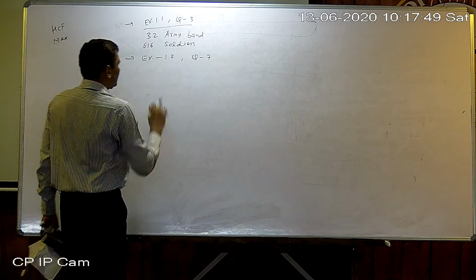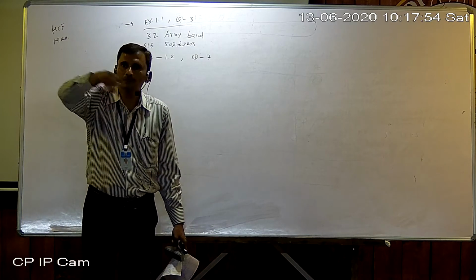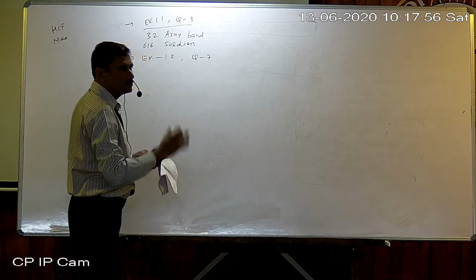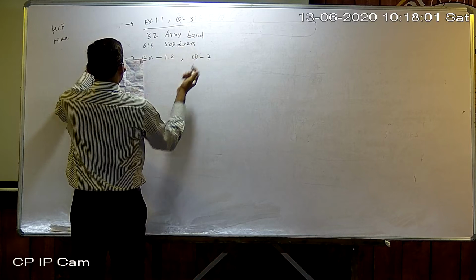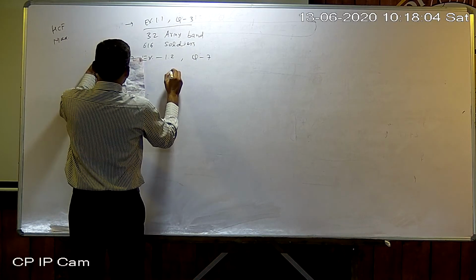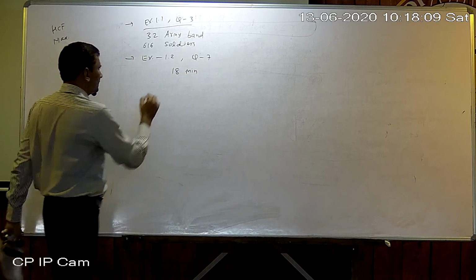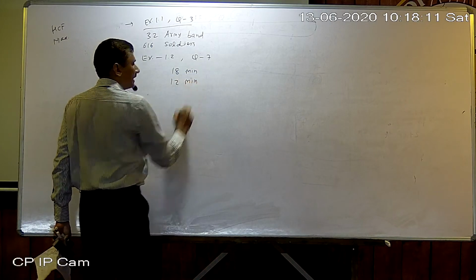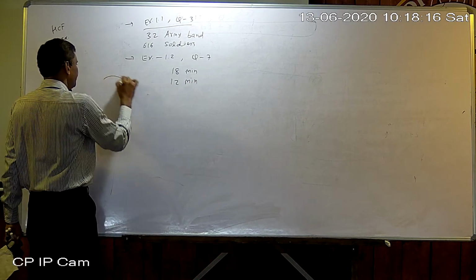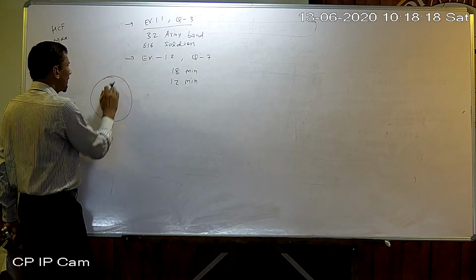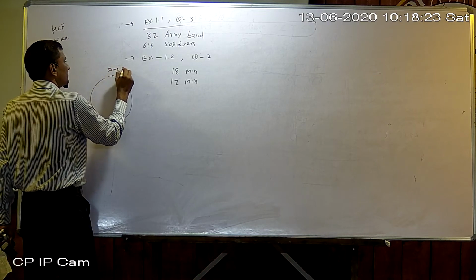What is given there? There are two persons running around a circle, means running around the circumference. Means a circular track is there. One person completes his or her one circle in 18 minutes and another one in 12 minutes. They start at a time from the same place, the same point. Suppose that is a running track. They start from a particular place at the same time.